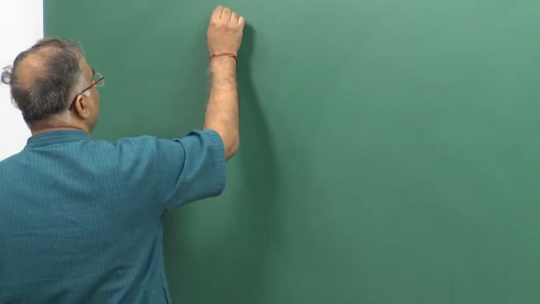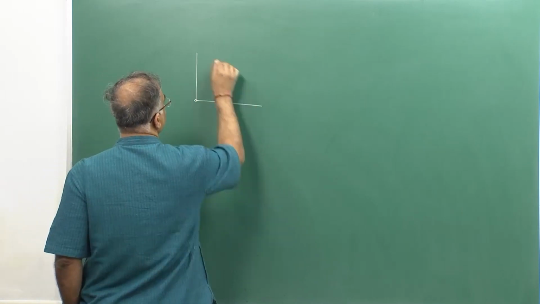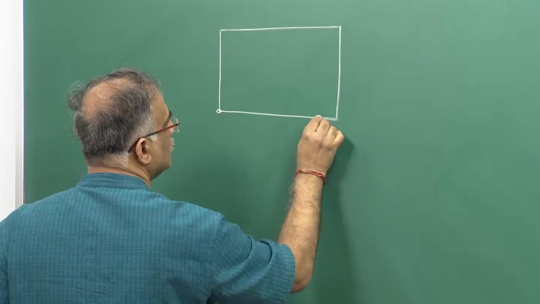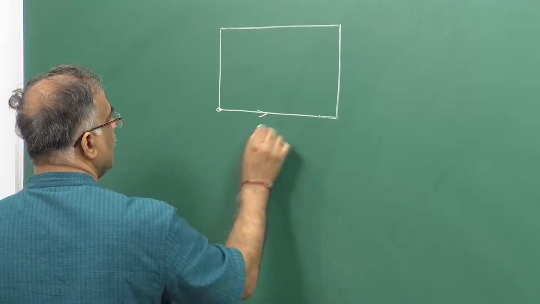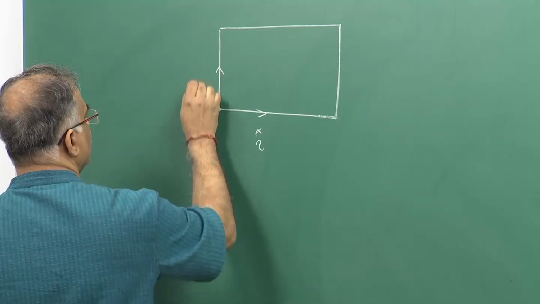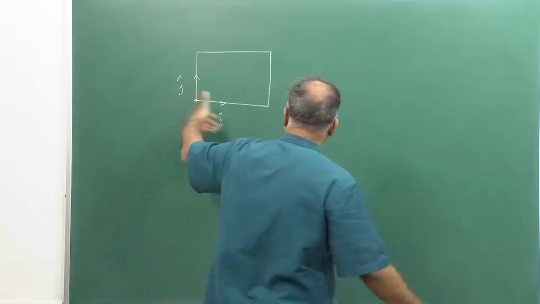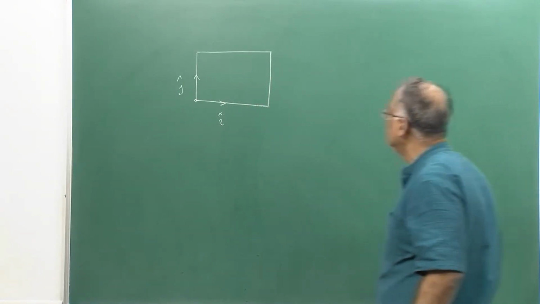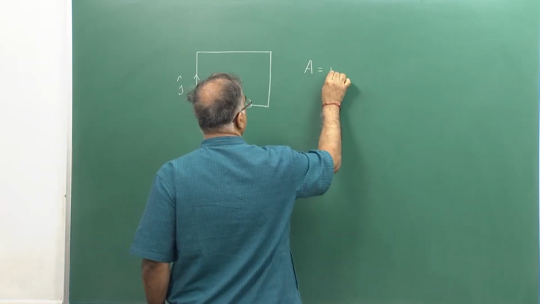For example, suppose you draw a rectangle in R2. This is the x axis and this is the y axis. So, there is an i vector and a j vector. The i vector lies along the length of the rectangle and the j vector lies along the breadth of the rectangle. Now suppose length into breadth, A, is the numerical value of the area,